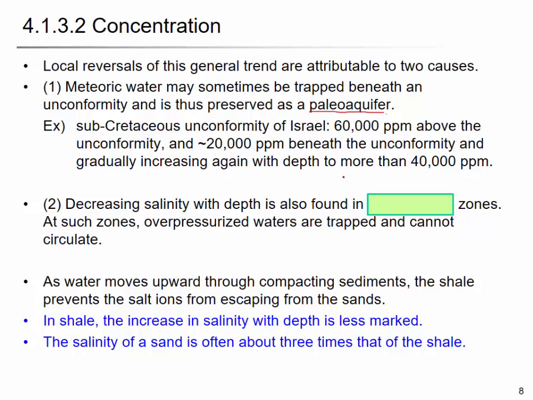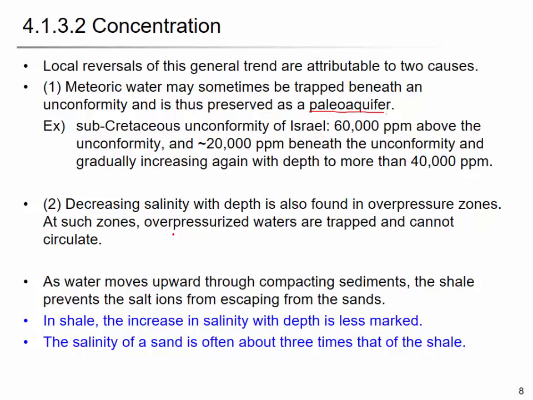Decreasing salinity with depth is also found in overpressure zones. Overpressure zone means that the pressure has been preserved for a geologic time, could be 1,000 years or 10,000 years or 100,000 years, right? So that overpressure was isolated from the neighboring region by geologic rock with very, very low permeability. So there's a high chance of meeting this local reversal of concentration because they don't communicate with the other